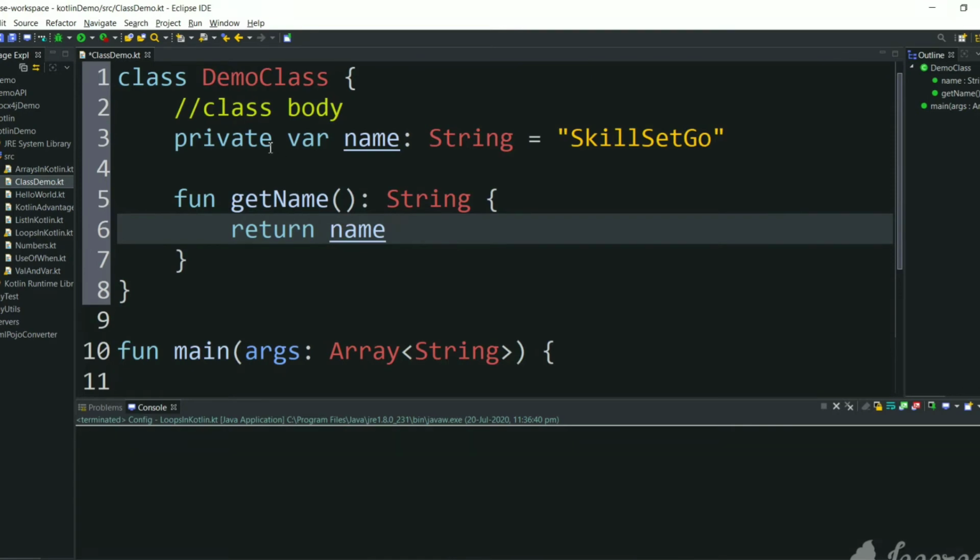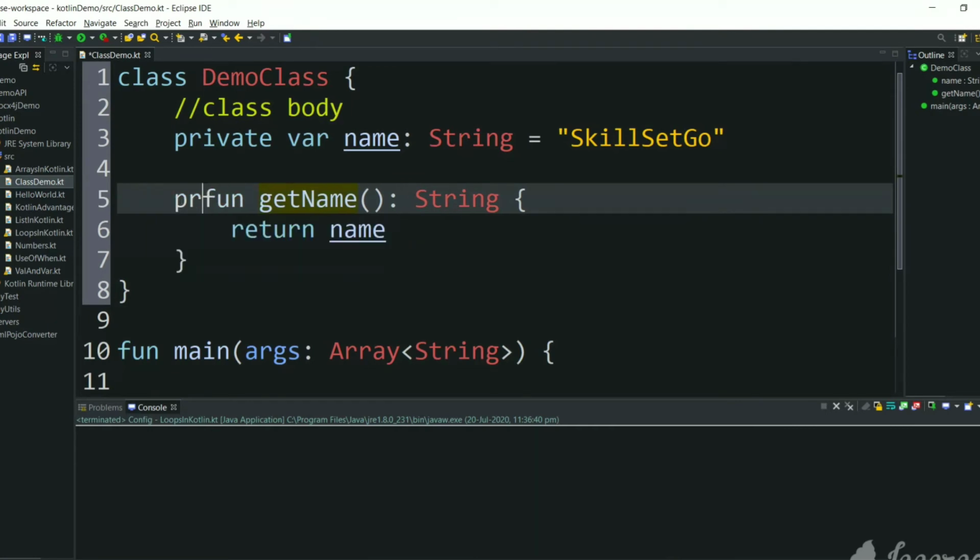That's it. We have created a class with one member variable and one function which will return a string. And this can be accessed from outside. As we didn't specify any access specifier, this is not private. If you want to make it private, then we can add an access specifier here. For now, we'll keep it public.